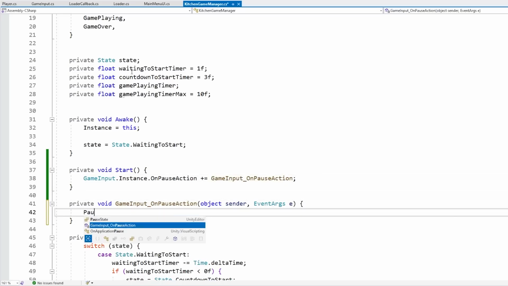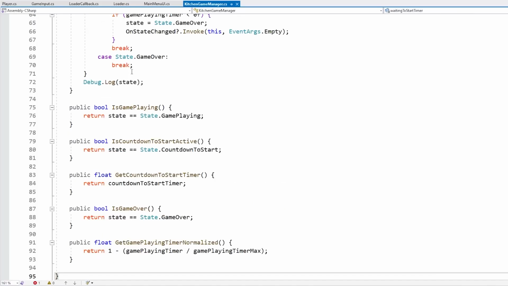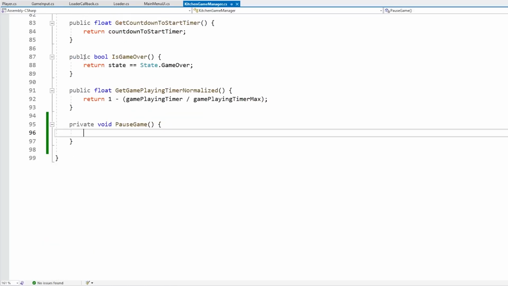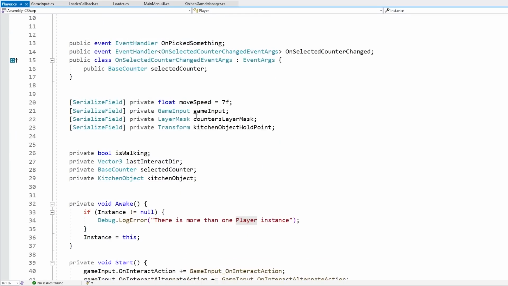When we have this, let's call some kind of pause game function. So let's define this. Let's go to the end of the file here, and over here, let's make that function. So a private void pause game, and over here, we're going to pause the game. Now for pausing, doing this is actually surprisingly easy. Basically, all of our logic is using time.time. For example, over here on the player script, we have our movement